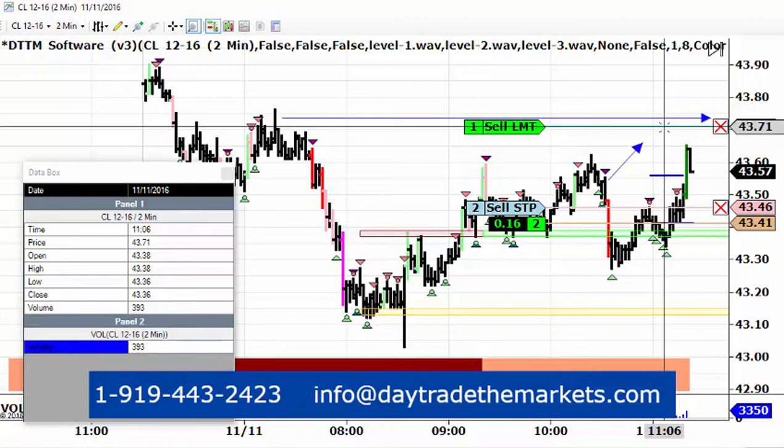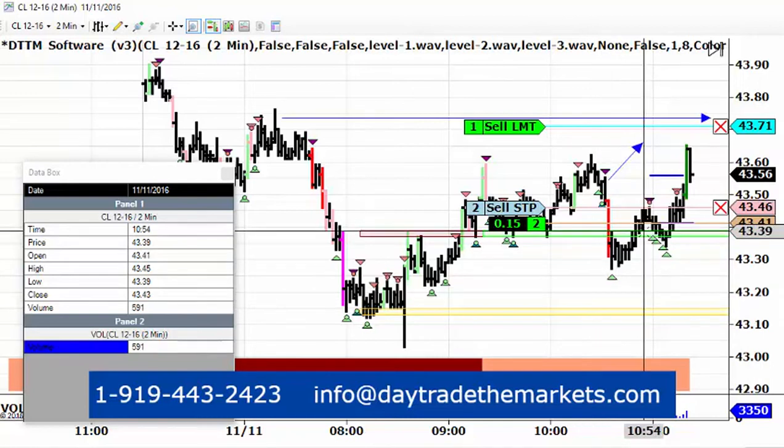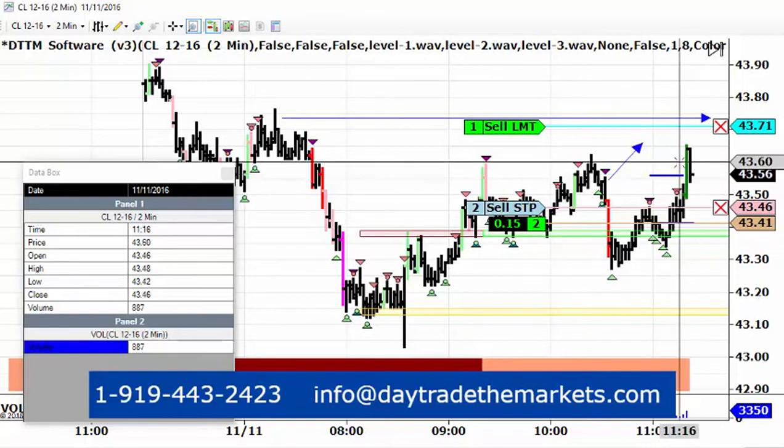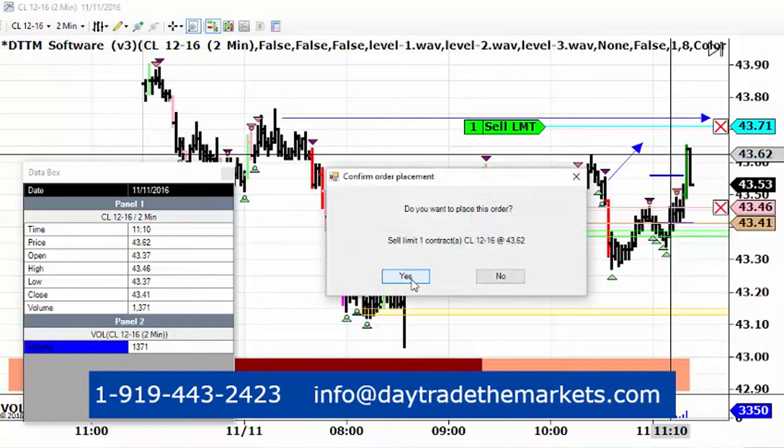The thing I have to watch on this trade is that the crude market has less than 10 minutes now in the trading session. This is the regular trading hours, which is going to close in about 9 minutes. I may manage this a little bit differently as a result. As a matter of fact, I think what I'll do is put in another order up in here to sell limit